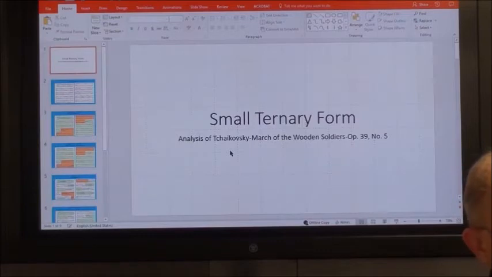And the next step is you break the thing down into sections. In a very big piece, you may have different layers of parts and sections, but in a moderate-sized piece, a part will divide into sections, and that may be divided into other things, or you may go straight down to phrases. Depends on how long the piece is, how complicated it is. Okay, so if you have a part of a piece, then you're going to look at how many parts this part has, and what key those parts are in.